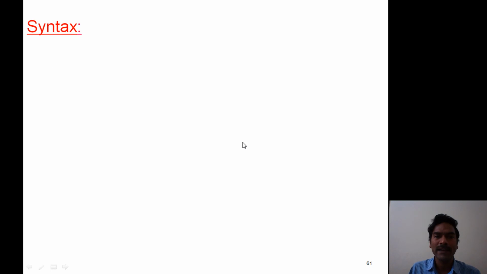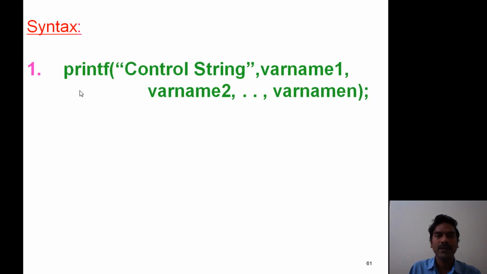This is one general format. It supports two syntaxes. The first one: printf, left parenthesis, within double quotes, control string, comma, variable name 1, comma, variable name 2, comma, and so on, comma, variable name n, end parenthesis, and the statement must be ended with a semicolon.